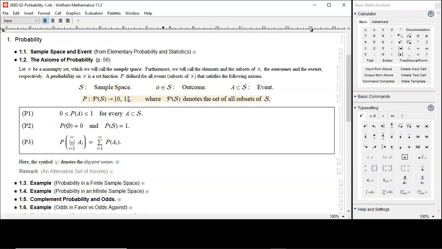Next, here, this is what I'm talking about. Now, whenever you have a function, you have to have the domain and the target specified. Go back to everything that we did in college algebra level, trigonometry level, calculus level, and certainly in analysis. Every time a function is introduced like this, or at least nearly every time, it is defined on a certain set, the domain, and then the target. So if I use this over here, a set function P,